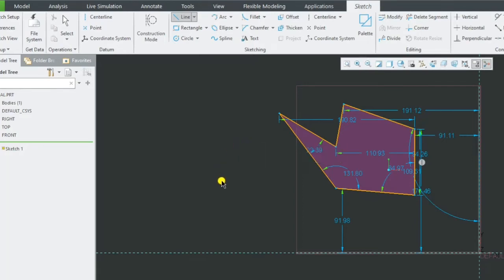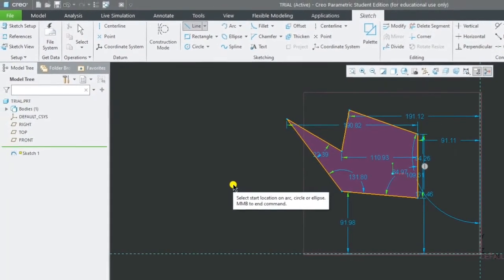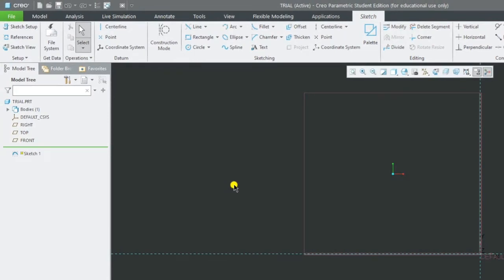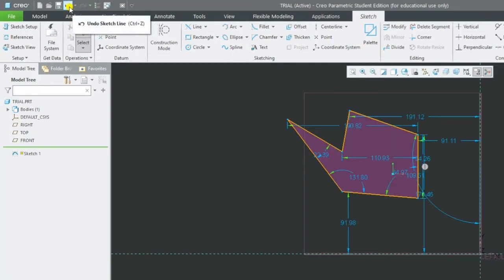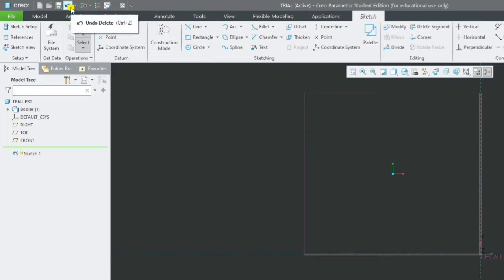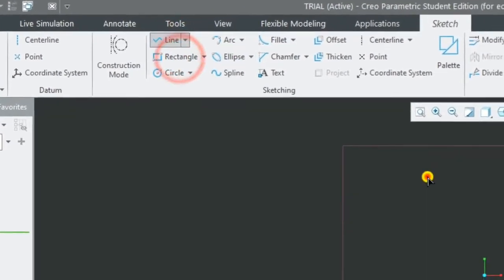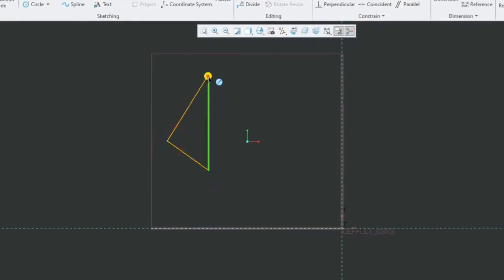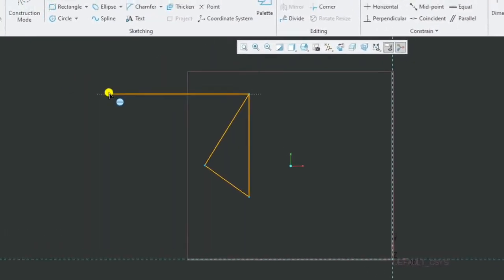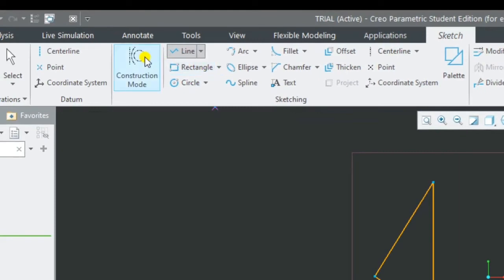Now, like in Windows and everything, if you want to go back, you can press Ctrl Z and it will move to the previous step. You can do it from here also, undo, and you can redo also. If you redo, the drawing will appear; if you undo, it goes to the previous step. It doesn't disappear completely, don't think of it as disappearing. It will go to the previous step. So what we have checked now is the standard line mode. Now let us check construction mode.